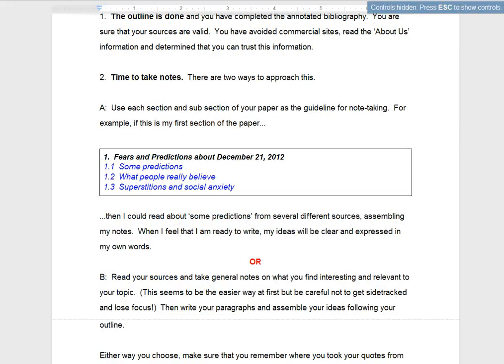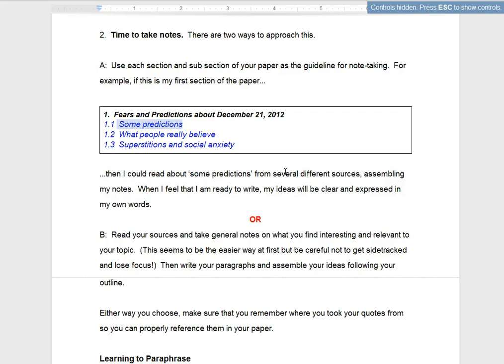So let's go back to how do we take notes. Well, there are at least two ways to do this. The first one would be to take each section here, or each subsection, some predictors. This is all in section 1, what people really believe and some superstitions and social anxiety, and to take notes in your sources per subsection here. That's one way to do it. It seems a little bit complicated, but there are lots of advantages to this way. The most important being you can easily retrieve where you got your ideas from because you're doing it in a